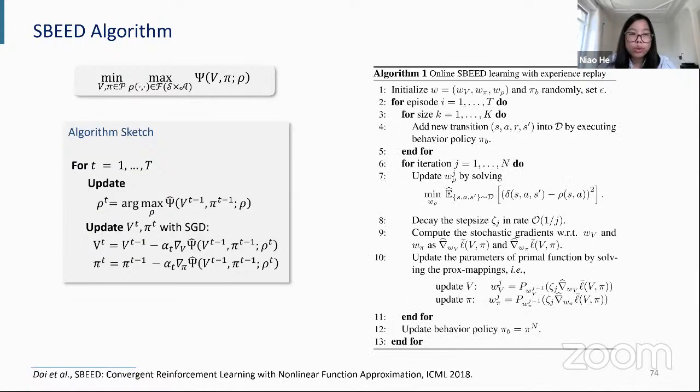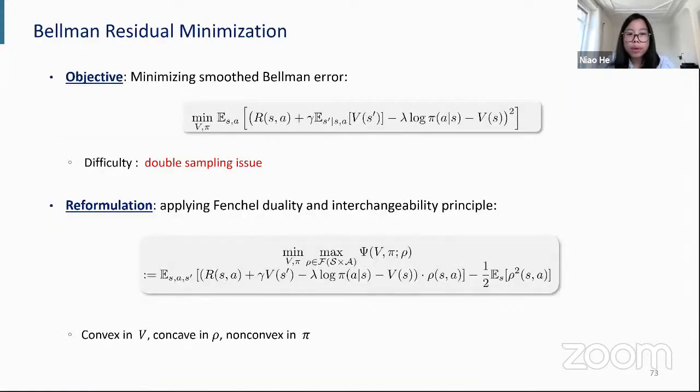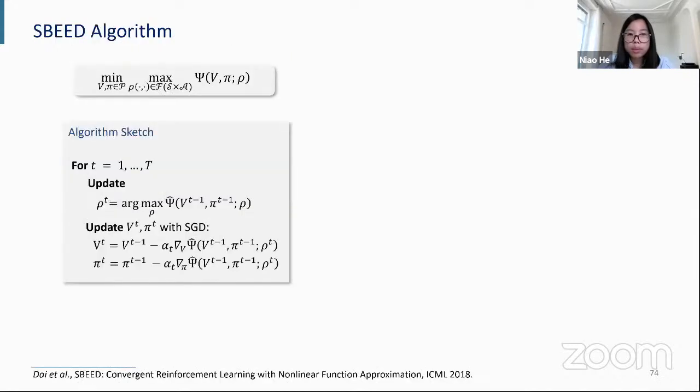So the algorithm sketch that we propose is basically this. If you look at this problem here, for any fixed v and pi, we are going to solve this max subproblem here to find the best rho. And then we're going to use that rho to compute the gradients for v and pi, and then we're going to update v and pi recursively. So that is the algorithm we propose, and we're calling this the SBEED algorithm, which refers to the smooth Bellman error minimization